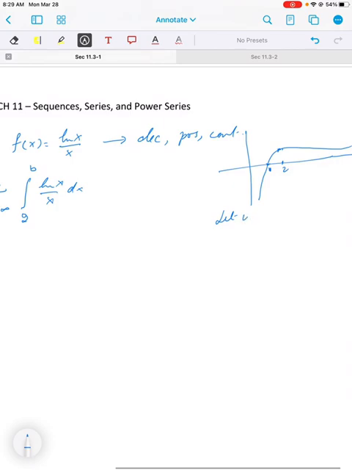And how do we do that? Well, we can use u substitution. Let u equal ln of x, then du is 1 over x dx. And why am I using u substitution? Why not integration by parts? The reason is that we know the derivative of ln of x is 1 over x, which is being multiplied here in the integrand. So this becomes the limit as b goes to infinity of the integral of just u du,